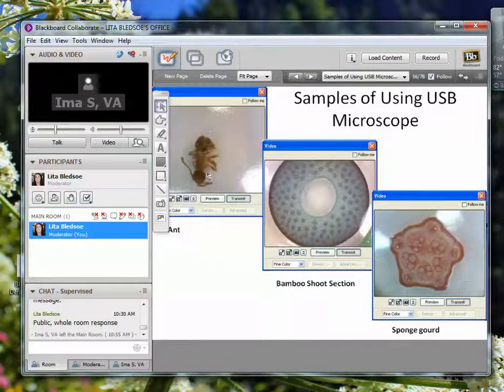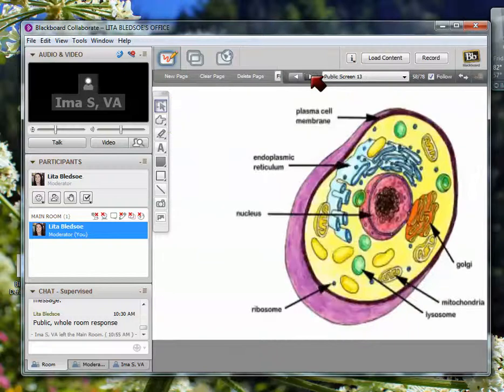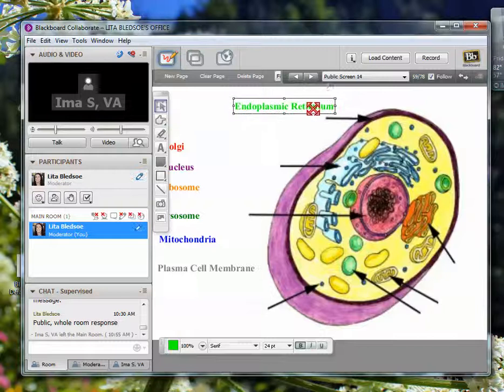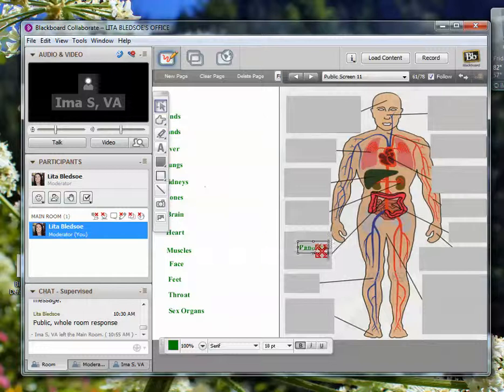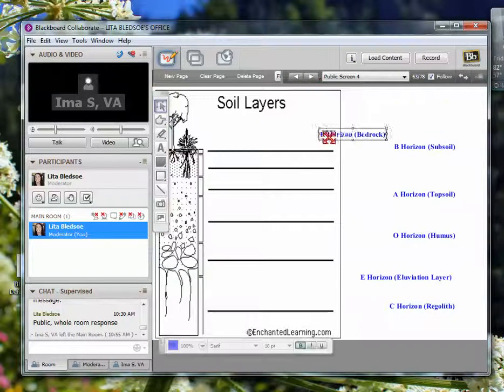Examples of using a USB microscope, and you can just drop those images onto the page. Instruction on DNA, and then matching parts of a human body, instruction, and then matching wherever those would need to go. Soil layers, matching.